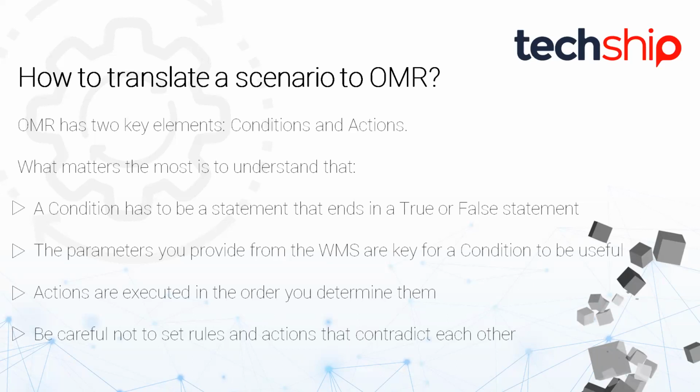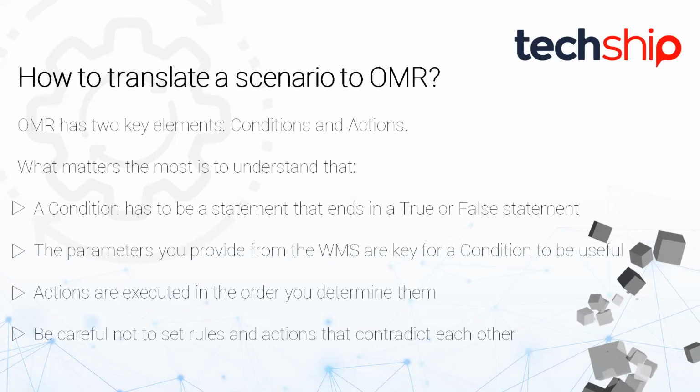Let's say that your WMS has a lot of room for custom fields, and these are obviously not mapped by default within the WMS plugin that you're using to connect TechShip to your system. So additional mapping might be required, and you can target those additional mappings from OMR. Okay, but again, you have to make sure you can pass the information you want to check from the WMS